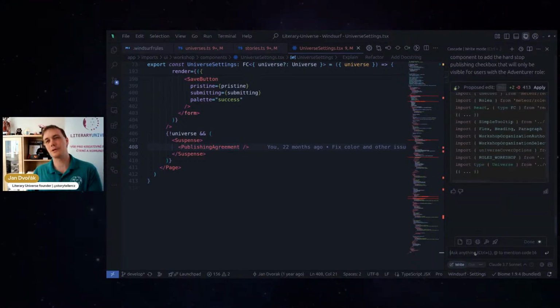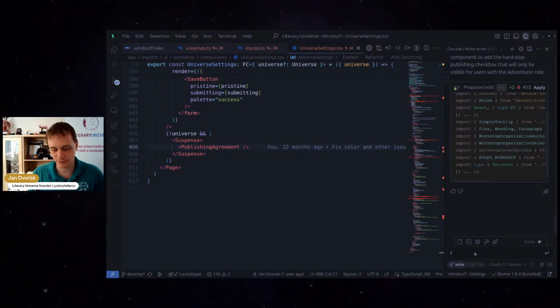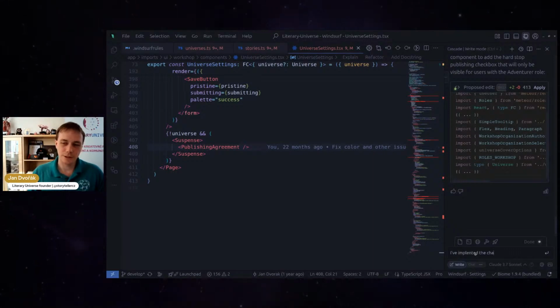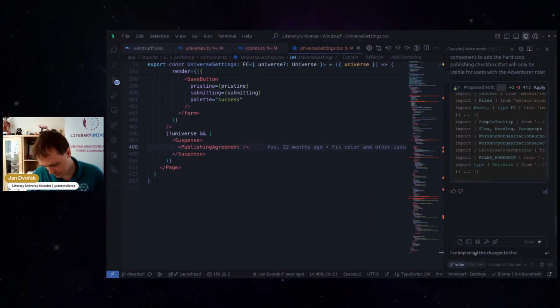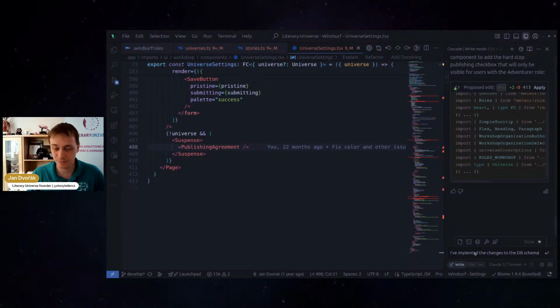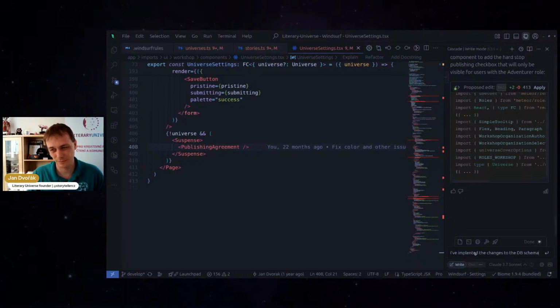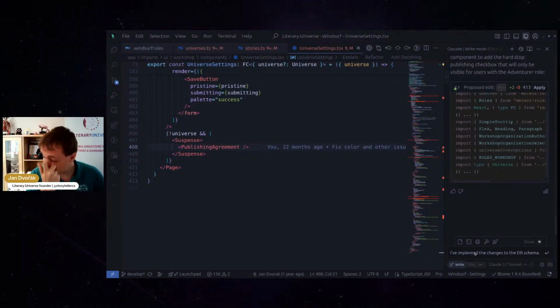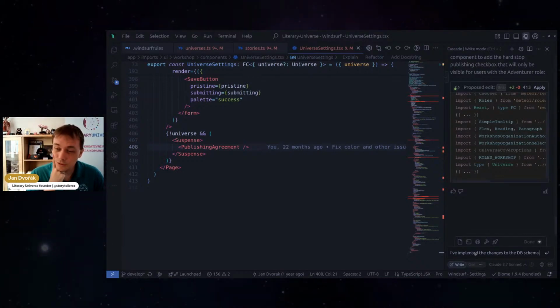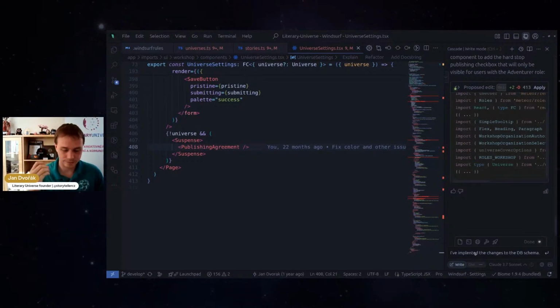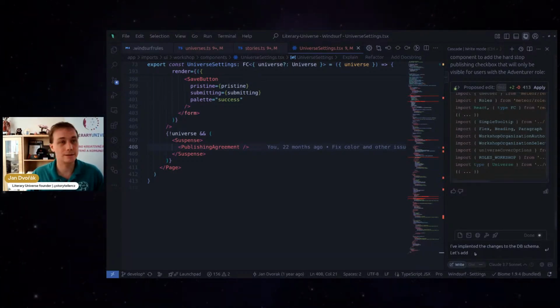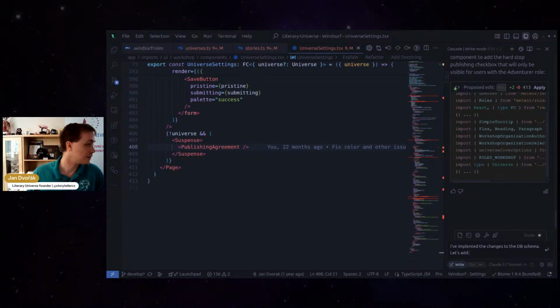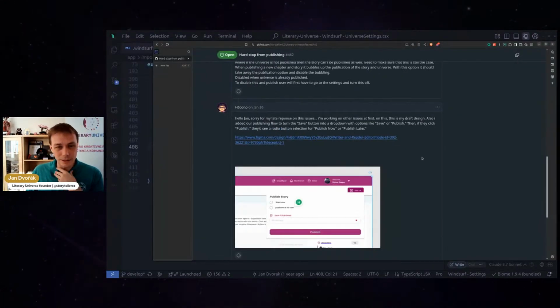So let's jump to the write mode and say I've implemented the changes to the DB schema. The changes to the DB schema. Let's add, and let's take a look back at the